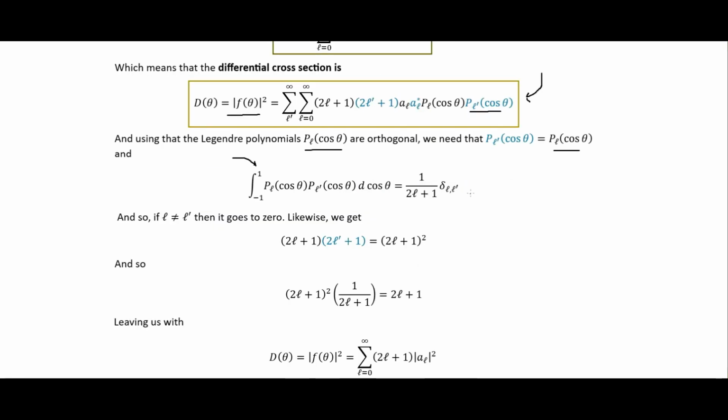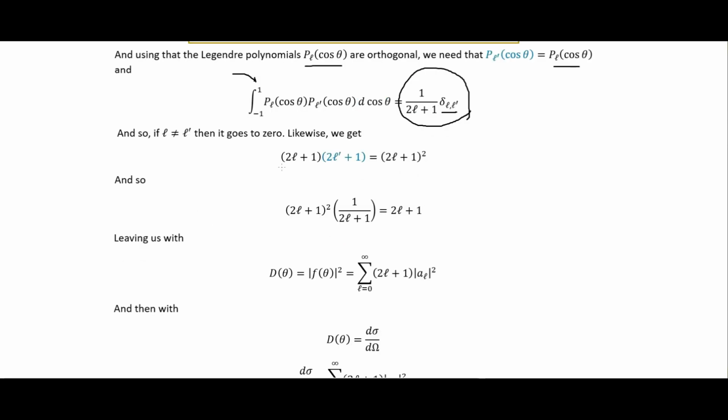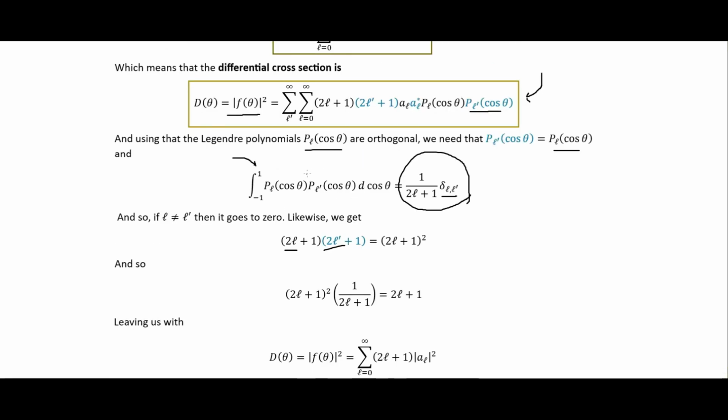And so we end up with this delta function. That's just saying that if these are not equal, then it's 0, and if they are equal, then it's 1. And so we also have this l and this l have to be the same